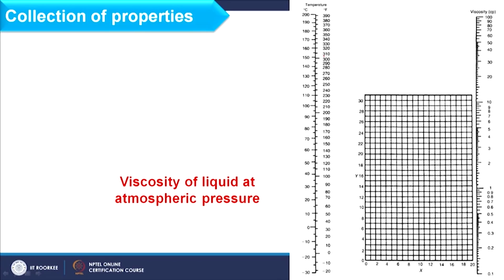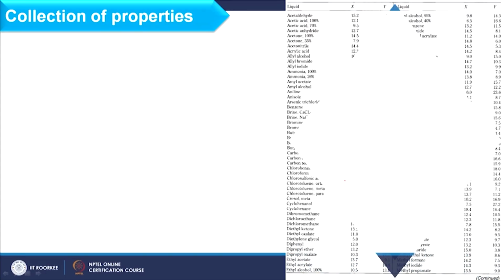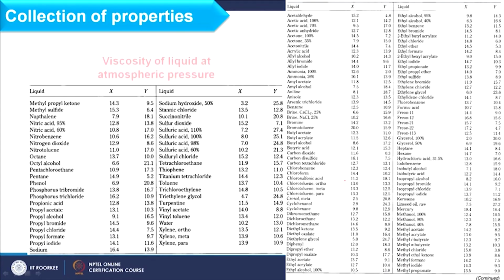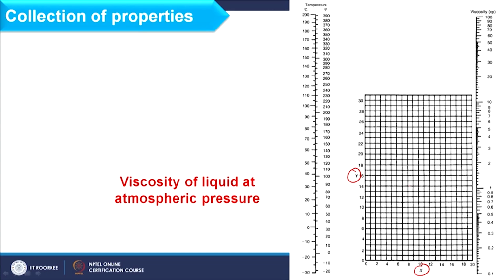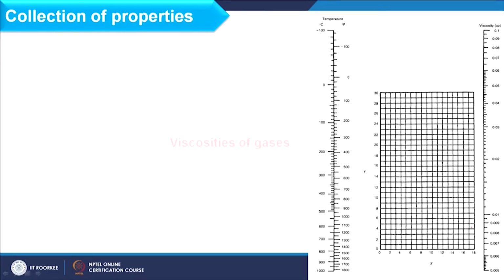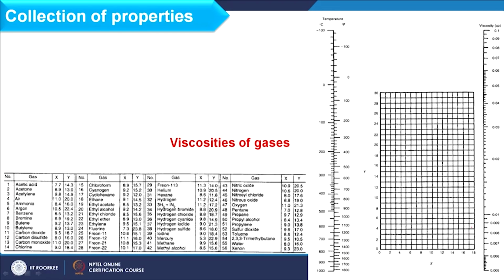Here you can see the viscosity data, and x and y are given to you. These x and y you can find from these tables. We have discussed all these in detail in double pipe heat exchanger. So, according to the x and y values, you can place a mark in this, and depending upon the average temperature, you can simply make a line crossing that point, and wherever it is cutting the right axis, that value you can note as the viscosity of the fluid, right. And here we can consider the viscosity of gases depending upon x and y